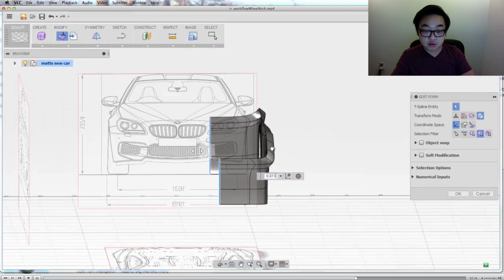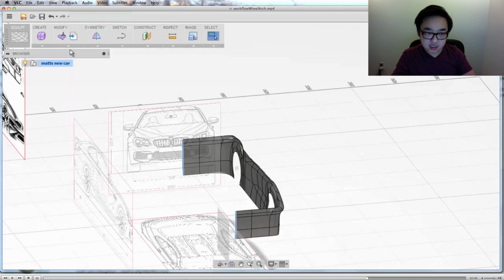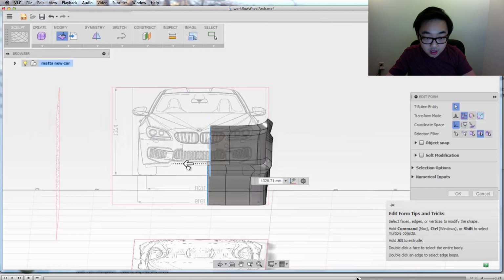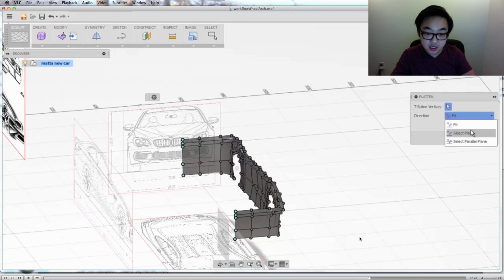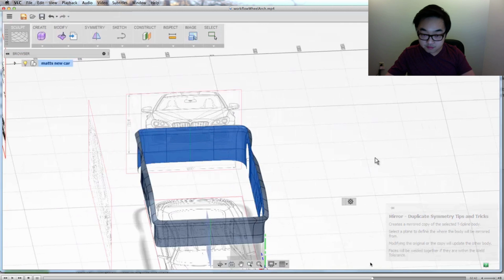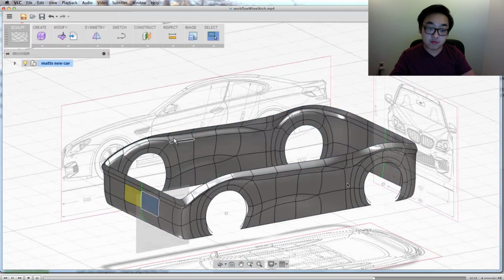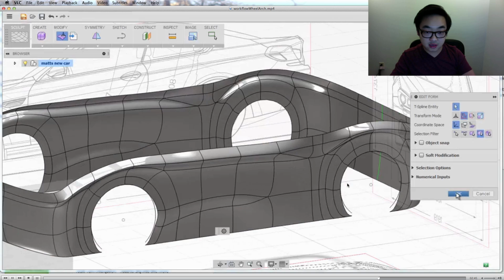And now he's dragging the sides out to make the back and front end. And looks like, let's go back to the video. It looks like what he did was add a new plane. Yeah, he added a new plane from the origin, and then he's going to mirror that body with that plane. Let's look at that again. So mirror T-spline body based on the plane that he just created, and then boom, he got that. Yeah, now he's got symmetry, and he's pulling out the front end to make it a little more curvy,